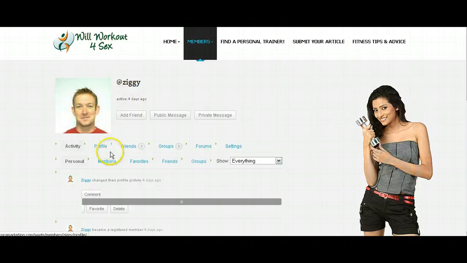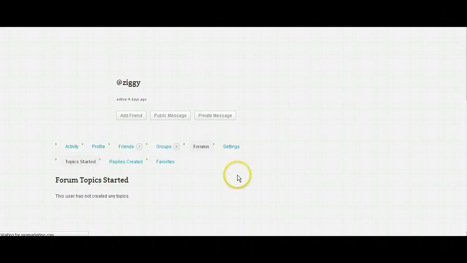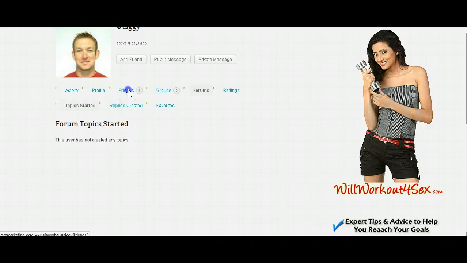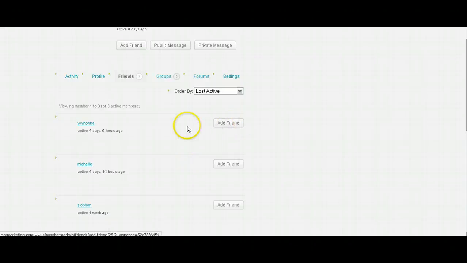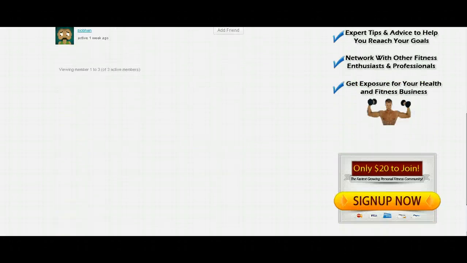They can upload their own picture and give some information about themselves, and once they do, they can go to forums and they can create their own forum and invite others to join in on whatever topic they want to discuss. This user has not set up any forums yet, but if we click on friends, you can see that I've already tested out the friend feature, so you can actually see all the friends that this person has. So it's just like Facebook, very professional looking. Everything works great,